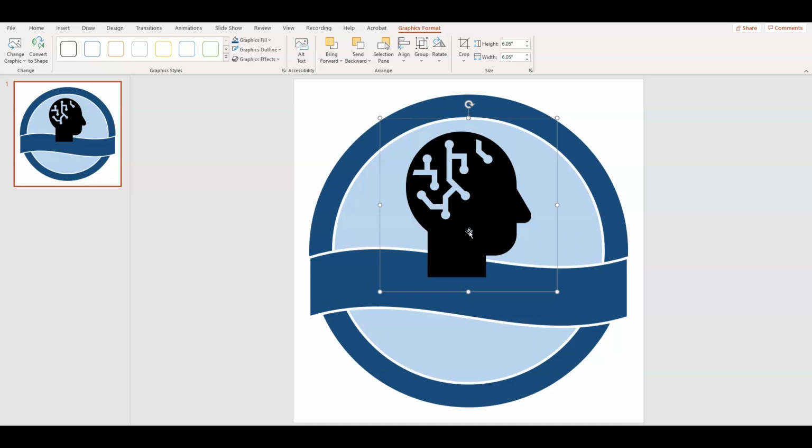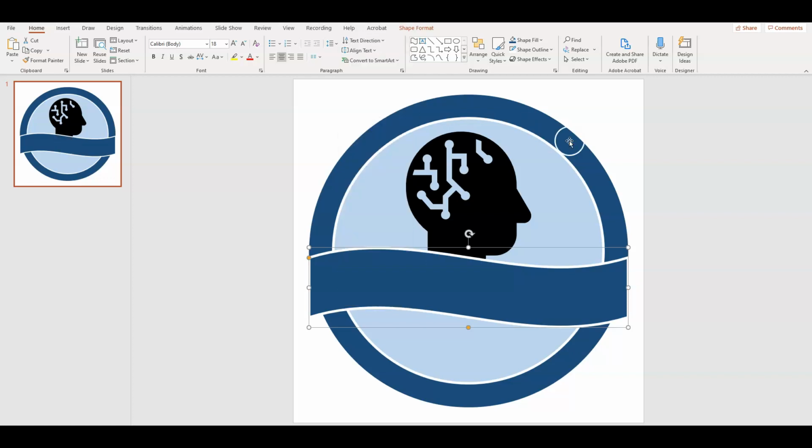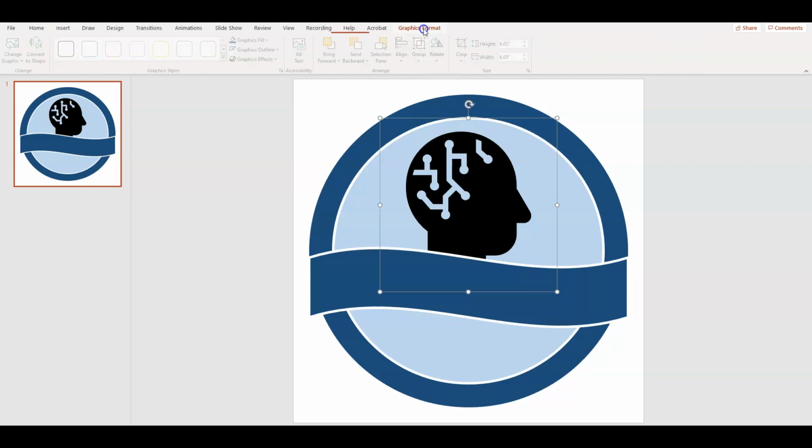Alright, so now what I want to do is I don't want his neck in front of this banner. So I'm actually going to click the banner, right click, and tell it to bring the banner to the front. So that way it puts my little person in the back. And now the awesome thing about using icons in PowerPoint is that you get to change the color of them